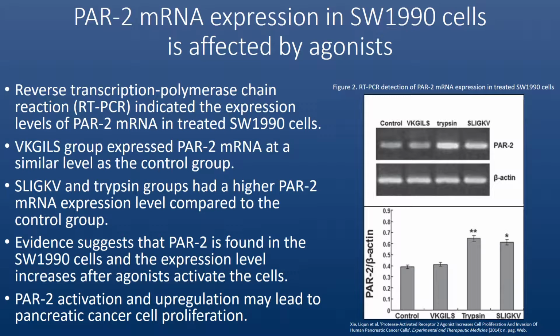This evidence suggests that PAR2 is in fact present within these cells, and that endogenous trypsin or other PAR2 agonists can activate these receptors, which can increase the PAR2 mRNA expression levels of SW1990 cells. Thus, if PAR2 activation by endogenous pancreatic agonists like trypsin can upregulate gene expression, then this may facilitate pancreatic